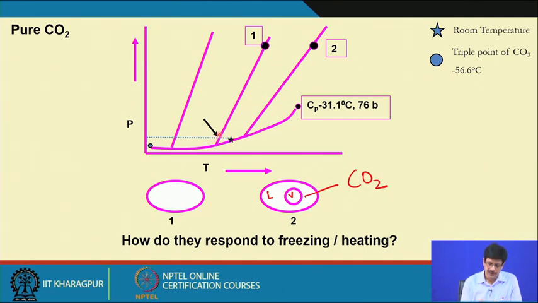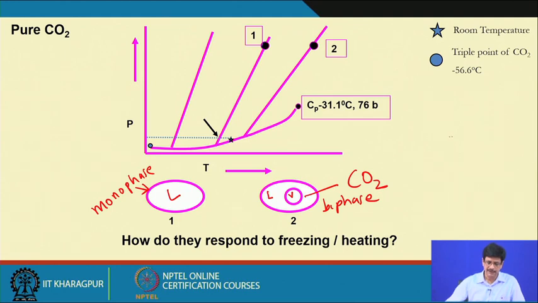So, now this particular inclusion has not been able to intersect the boiling curve. So, this will remain only as a liquid and it will be monophase. Here this is a biphase, and this will be a monophase condition.